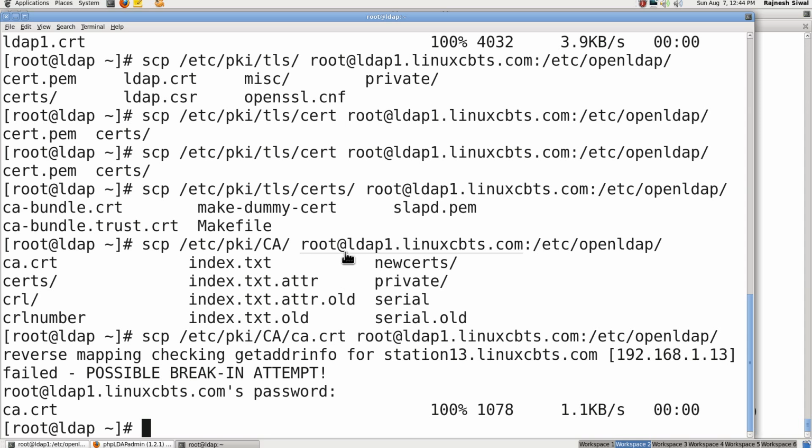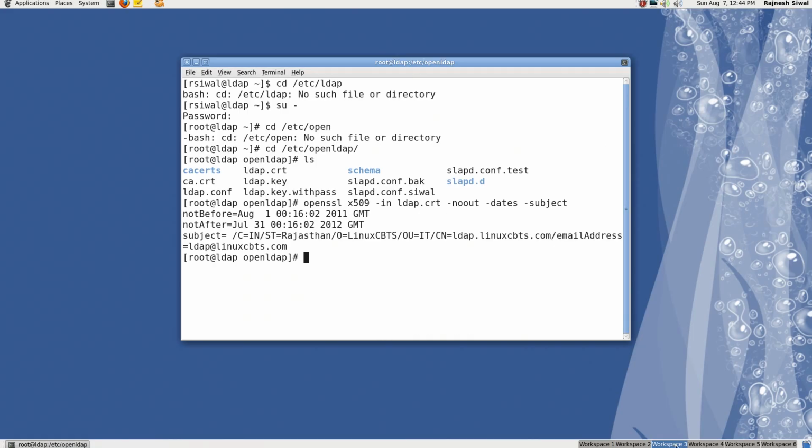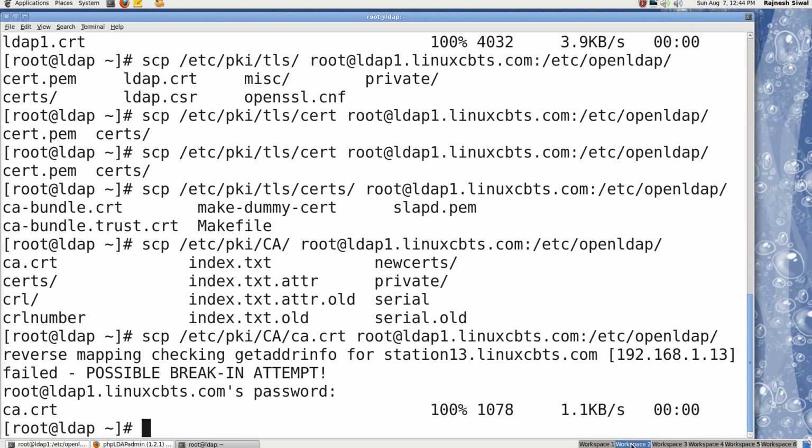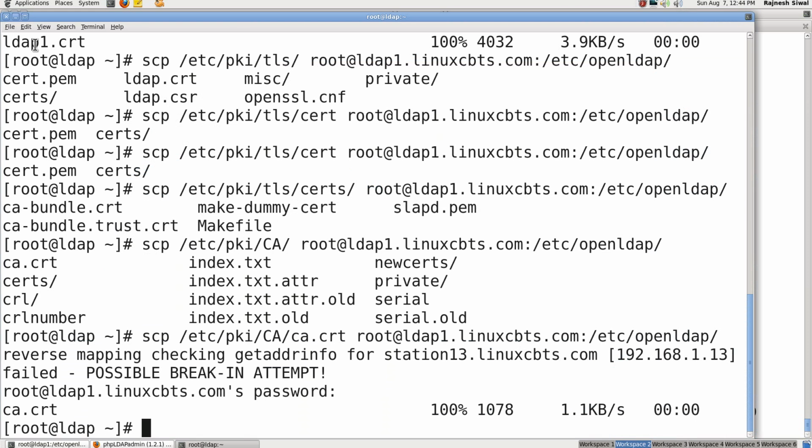So I have sent the certification authority certificate and the LDAP1 certificate, signed and sent back to LDAP1. Now let's try to use them.